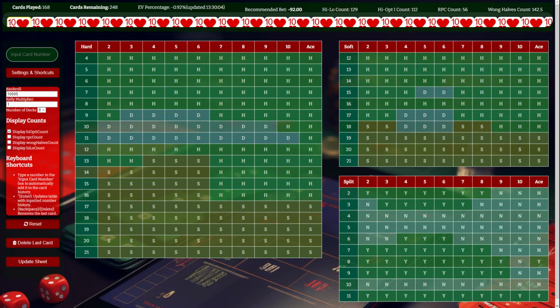Hey guys, my name's Fabrice and I'm delighted to show you our application in its beta phase at the moment, BJDynamic. As blackjack enthusiasts, as I am myself, we know that in regular blackjack counting, typically we